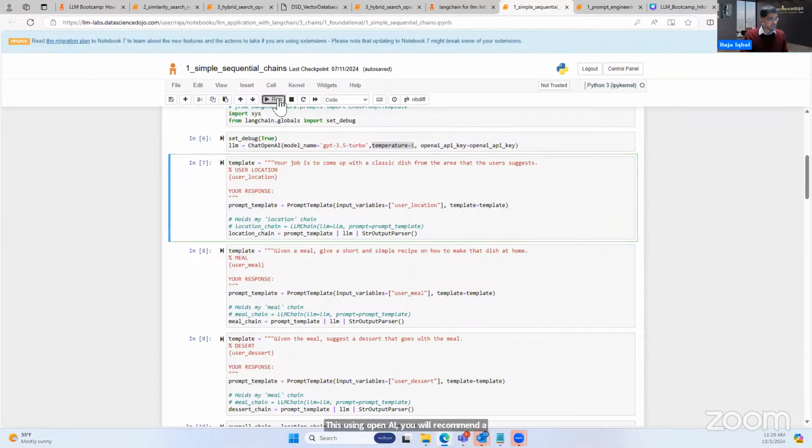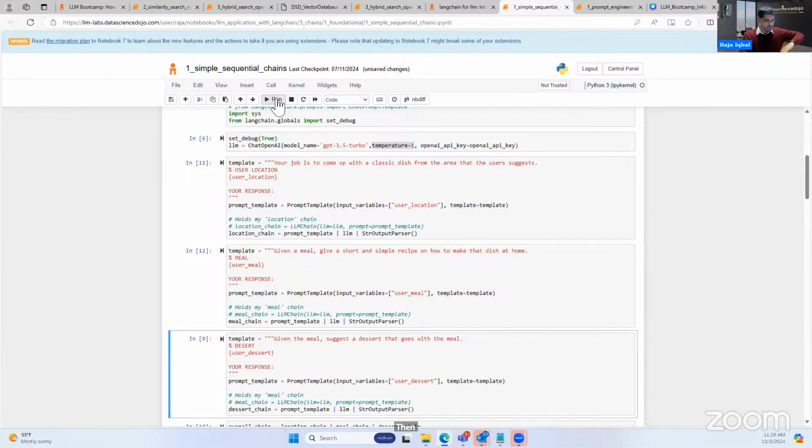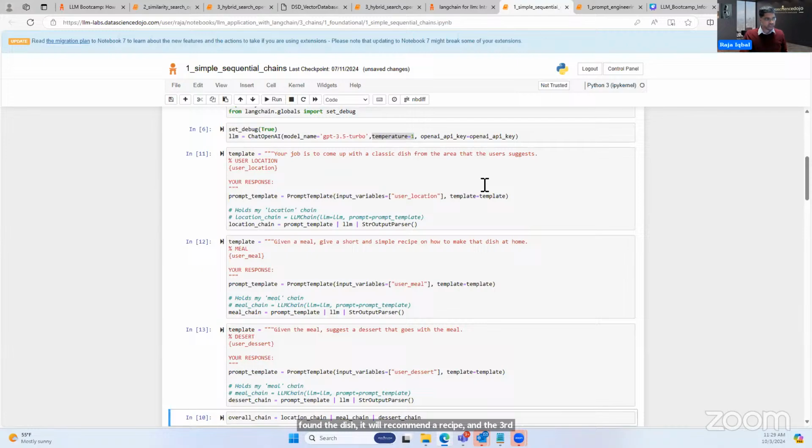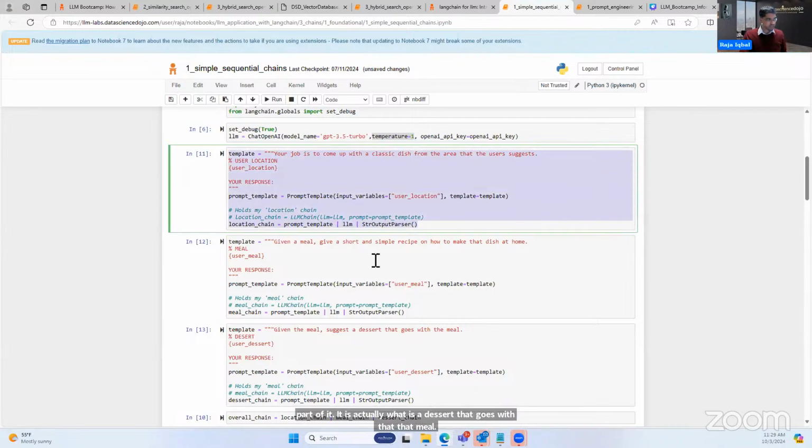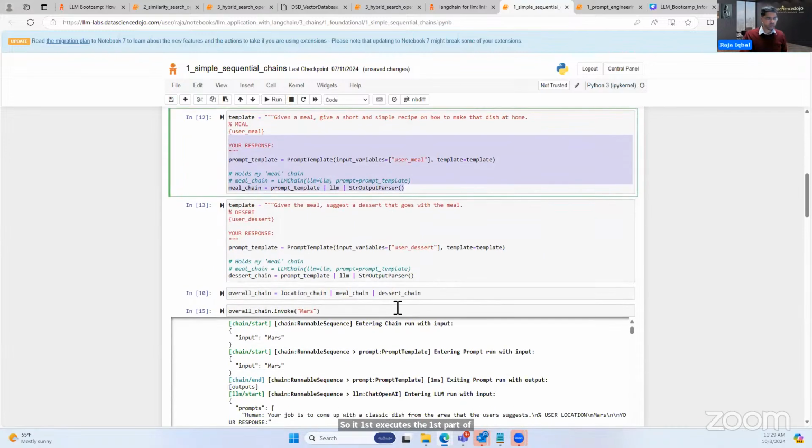Then in the second part of the chain, once it has found the dish, it will recommend a recipe. And the third part of it is what is a dessert that goes with that meal. So it first executes the first LLM call, then the second, and the third.